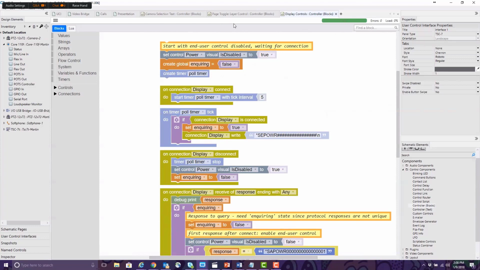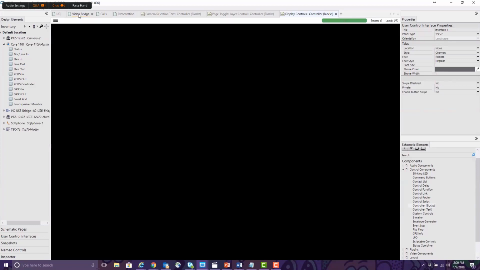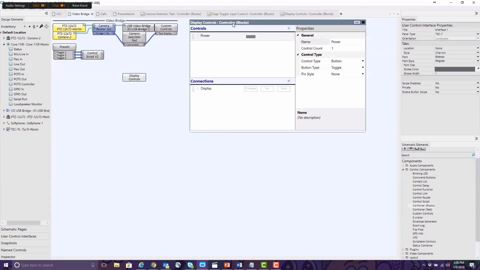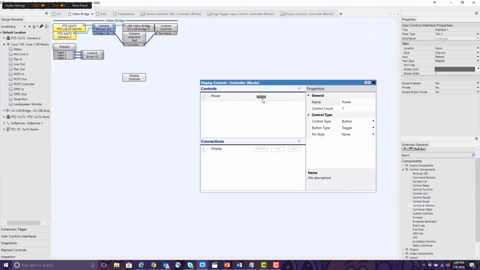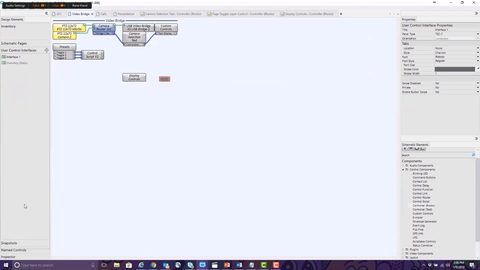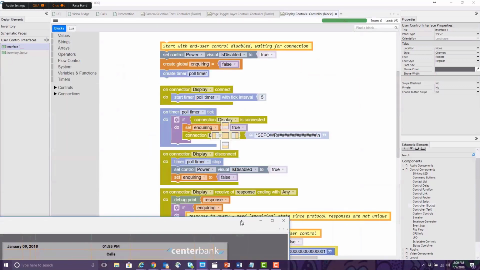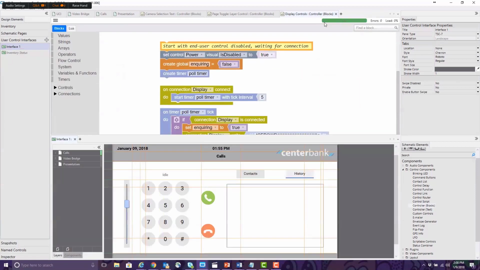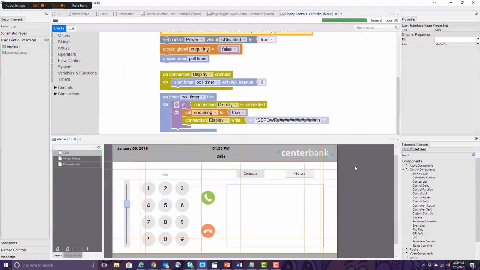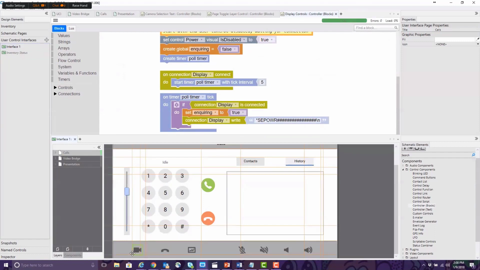And I'm going to wrap this up. Let's go back to our video bridge page where I have my display controls. I'm going to grab this display control button and pull this out. I'm going to open up my user control interface, interface 1, and snap this down to the bottom one more time. And on my bottom bar, where Martin created some of our earlier routing pages,